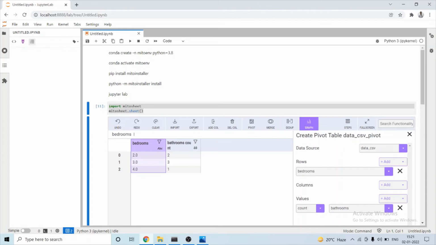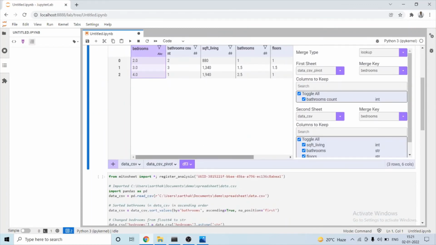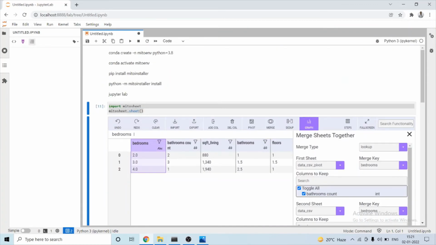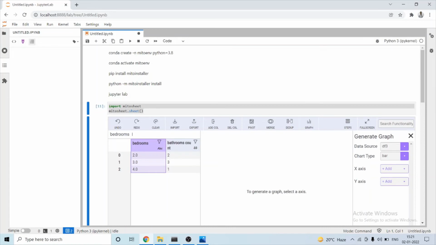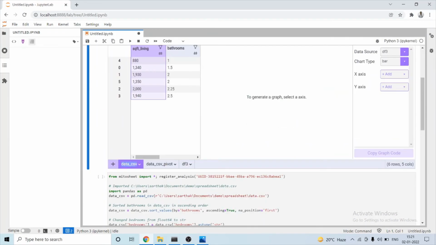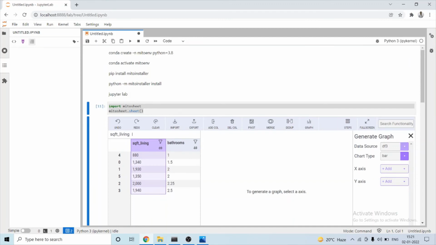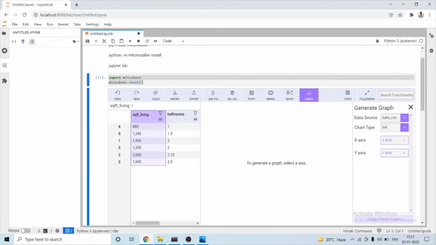We can even merge two datasets. As you can see, we need to have two datasets, and we can perform operations on top of them. We can even generate a graph. On the x-axis let's have bedrooms.